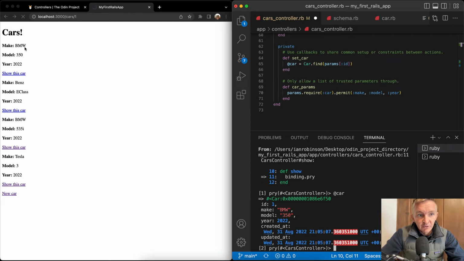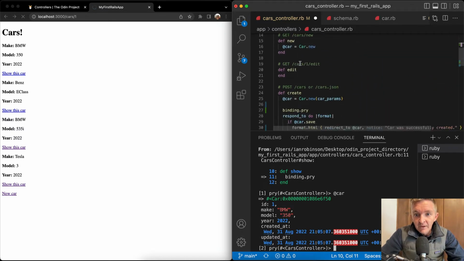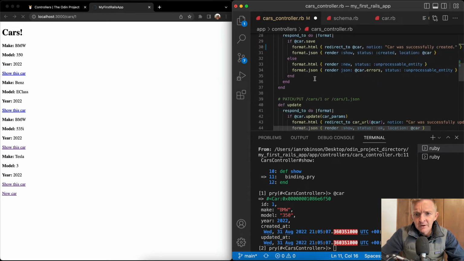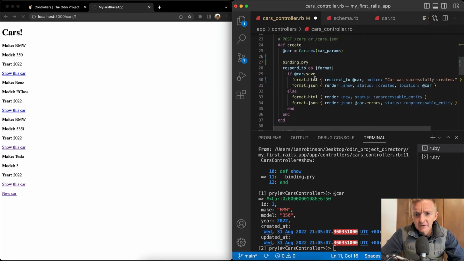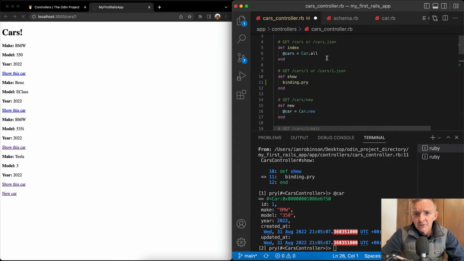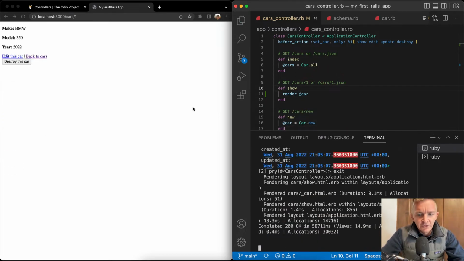And because we picked the first one in our URL for BMW 350, I don't even know if there is a 350. This is the parameters that have been set. And then the show automatically renders, it automatically does render format.html, I think so. Oh, I got to get rid of that too. So it automatically does render @car, I think. So we'll just exit out of here for now, and then we're going to get rid of the binding.pry, and it'll do that. And so if we refresh,